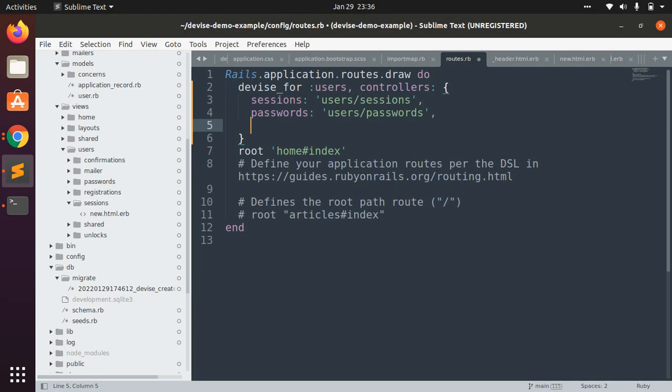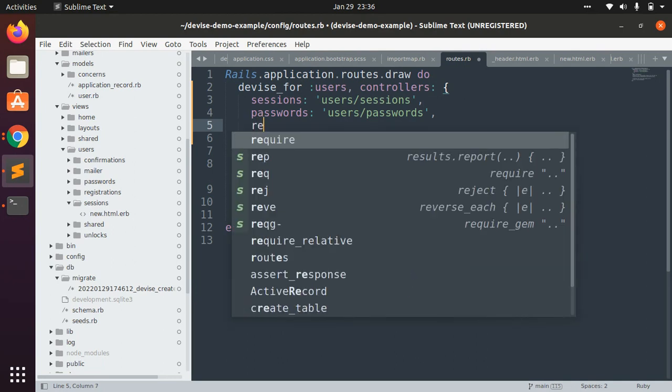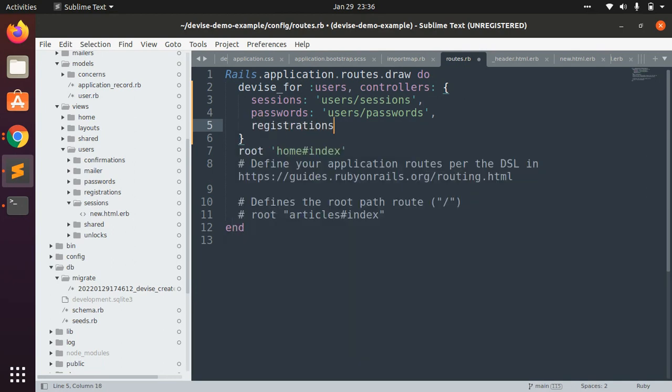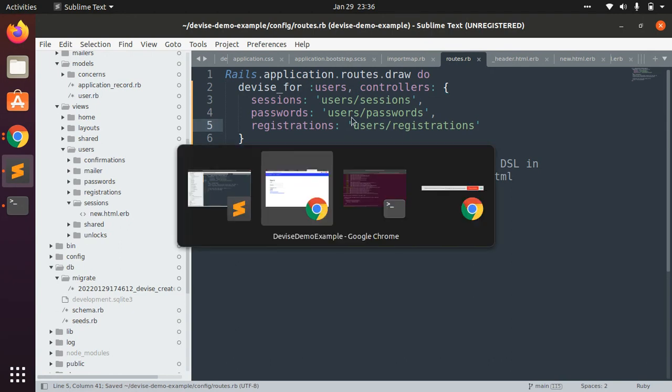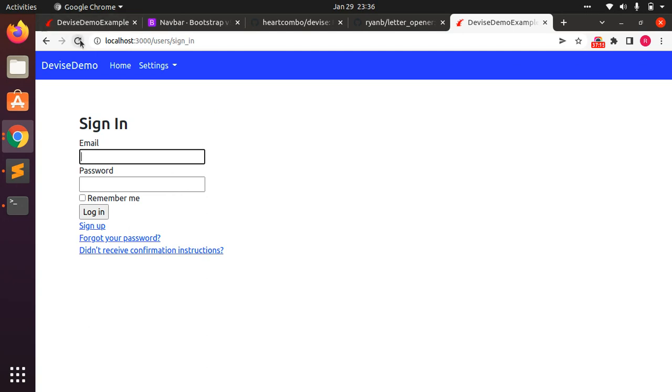Do the same thing for registrations, users registrations. Okay,